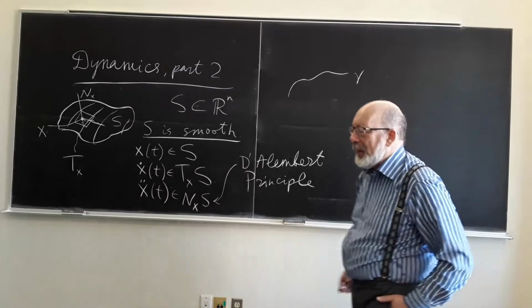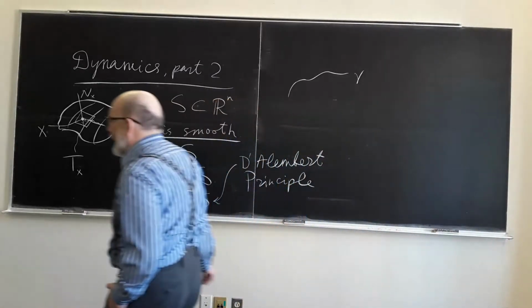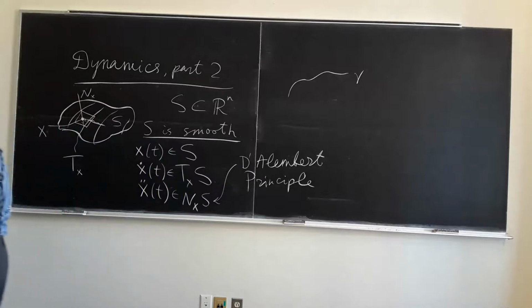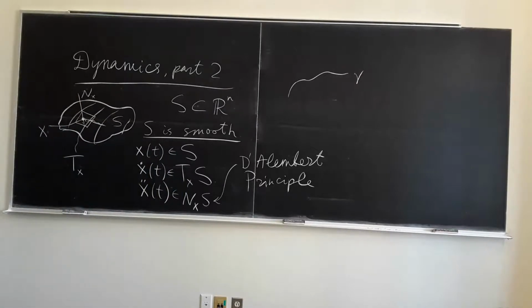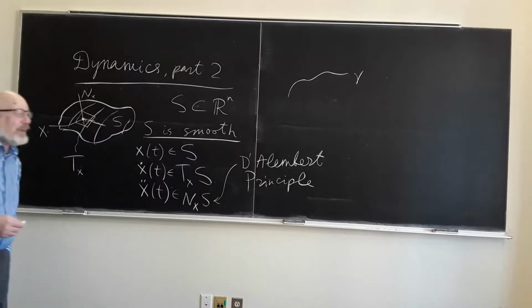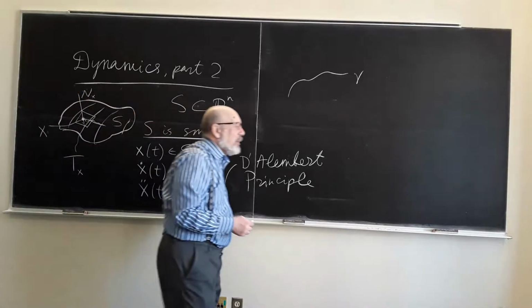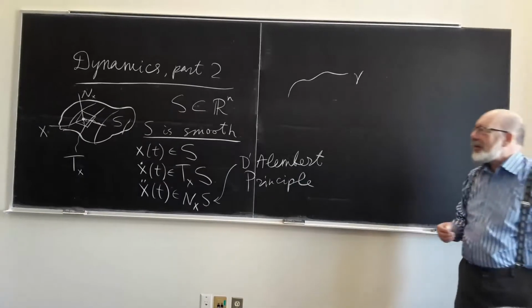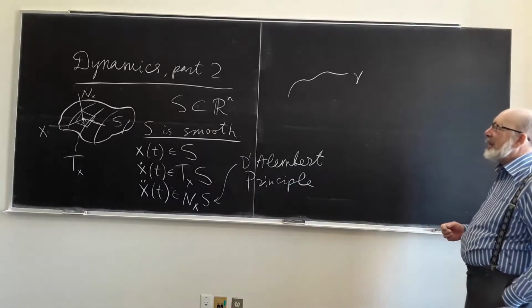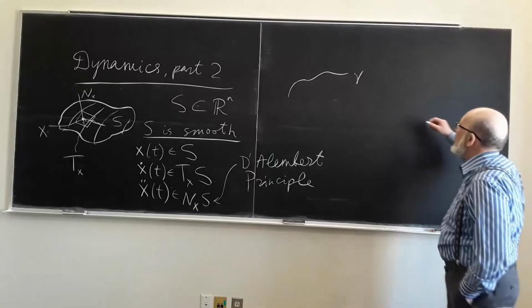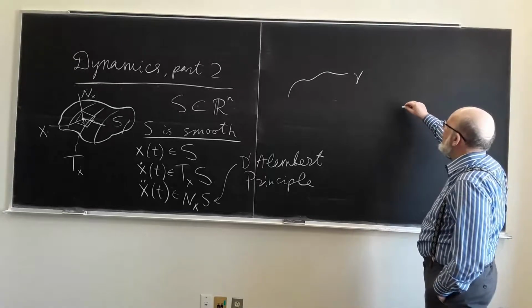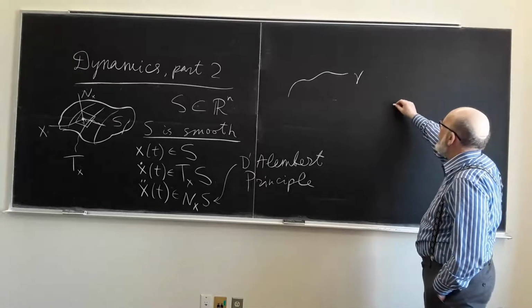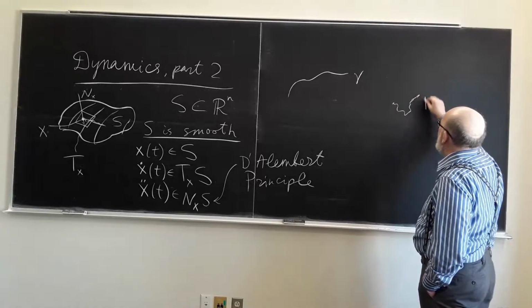This is some manifold, some set in this infinite dimensional space, and not much is known about the structure of this set, but one thing which I wanted to tell you is the following. If you have this set, say D,